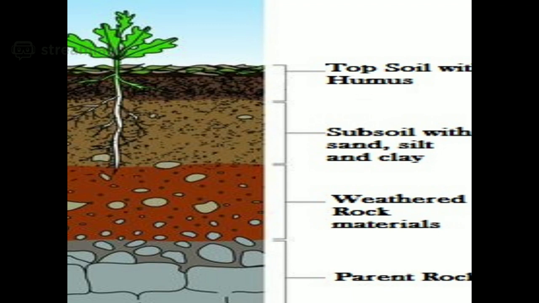Of course not exactly this diagram, a comic form diagram has been given of soil. Draw that in your copy, please. I'll keep on telling you what all you have to do in your notebooks. In your notebooks you will write the glossary from this chapter, whatever glossary notes are there, you first write that and then make this diagram of soil. The levels of soil, or you can say soil profile.